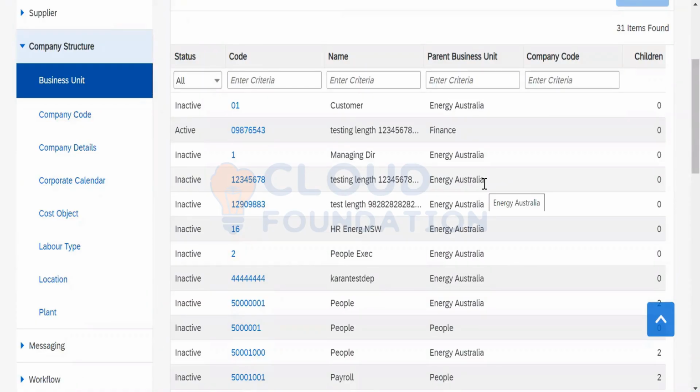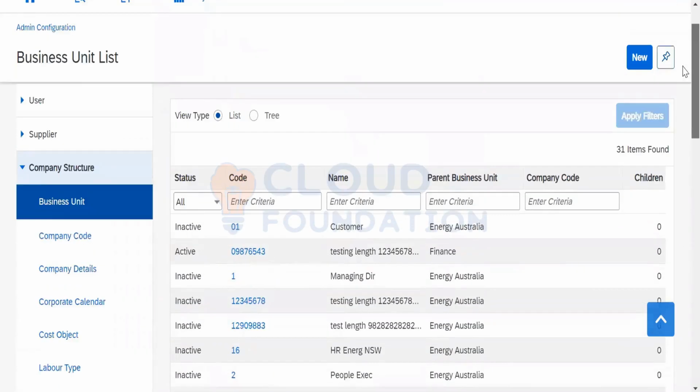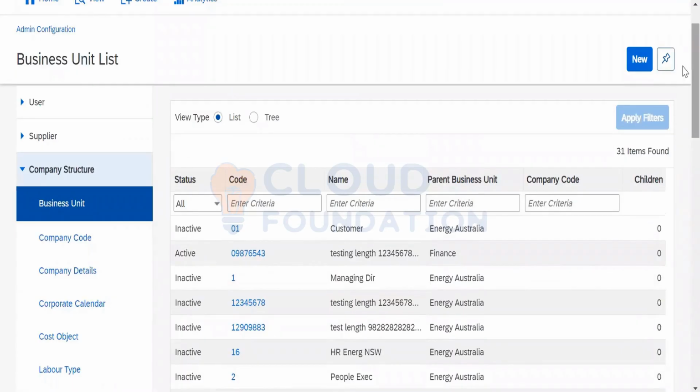If a company is there, you have got numerous stuff. You have got manufacturing, you have got marketing, you've got finance. There are a whole lot of verticals and horizontals that combine the company. Those verticals and horizontals will be differentiated as business units. These business units can be maintained manually or they can be integrated from the ERP system.